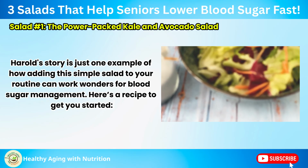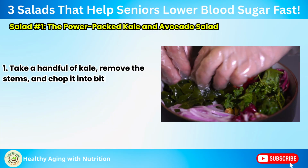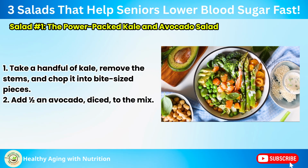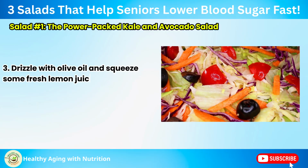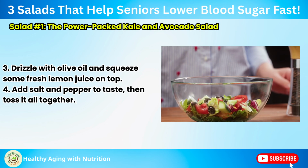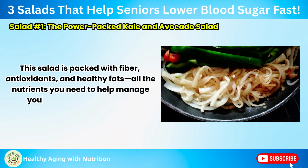Here's a recipe to get you started. 1. Take a handful of kale, remove the stems, and chop it into bite-sized pieces. 2. Add 1/2 an avocado, diced, to the mix. 3. Drizzle with olive oil and squeeze some fresh lemon juice on top. 4. Add salt and pepper to taste, then toss it all together. This salad is packed with fiber, antioxidants, and healthy fats, all the nutrients you need to help manage your blood